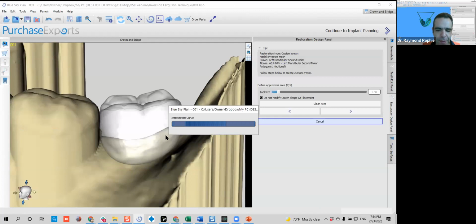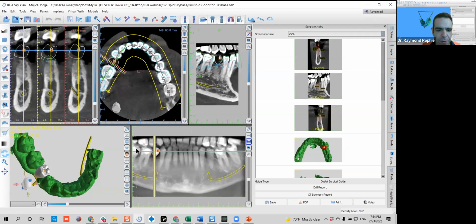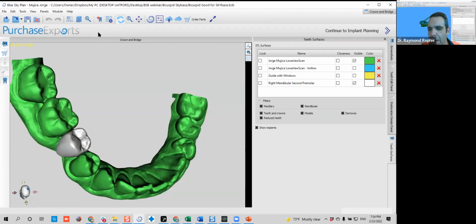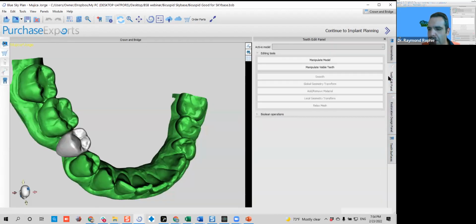Yeah, it's being stubborn. Sorry about that. So let me try advancing on this other case that I have. So we're going to go here, module, then crown and bridge. Again, I will start here on the